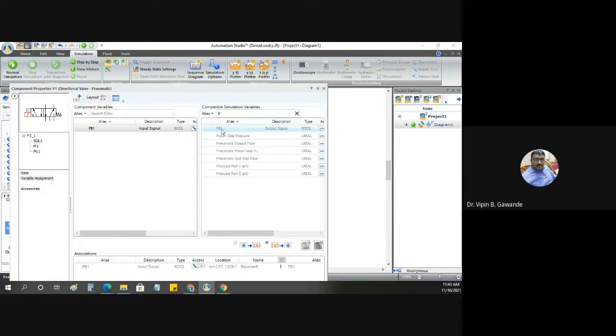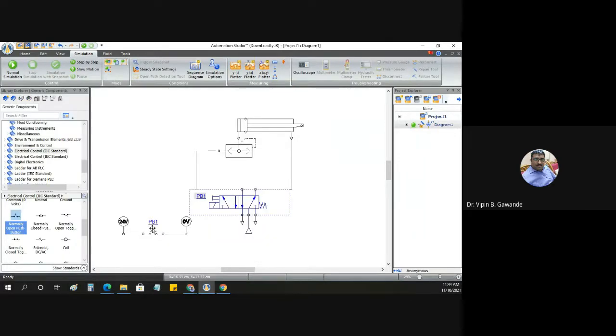When you click on PB1, that PB1 will come here. Or you type PB here, so that PB1 will appear, and just double click on PB1. Now when we click on that PB1, see the PB1 gets underlined. So this gets connected with this one. So this is PB1, and this is also PB1.